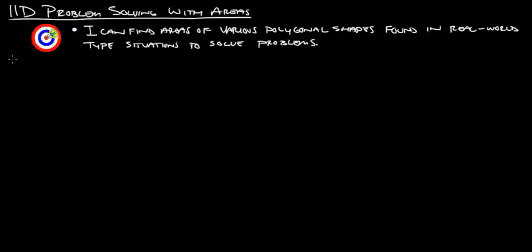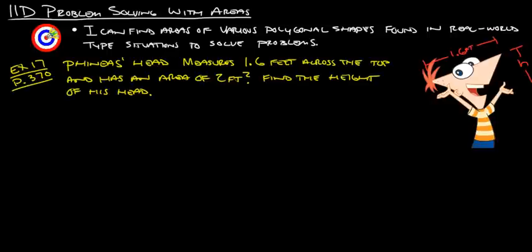I'm going to take you through the 11D notes on problem solving with areas. At the end of this you should be able to say I can find areas of various polygonal shapes found in real world type situations to solve problems. Okay, so with that, let's go straight into our first example here, and it is example 17 from page